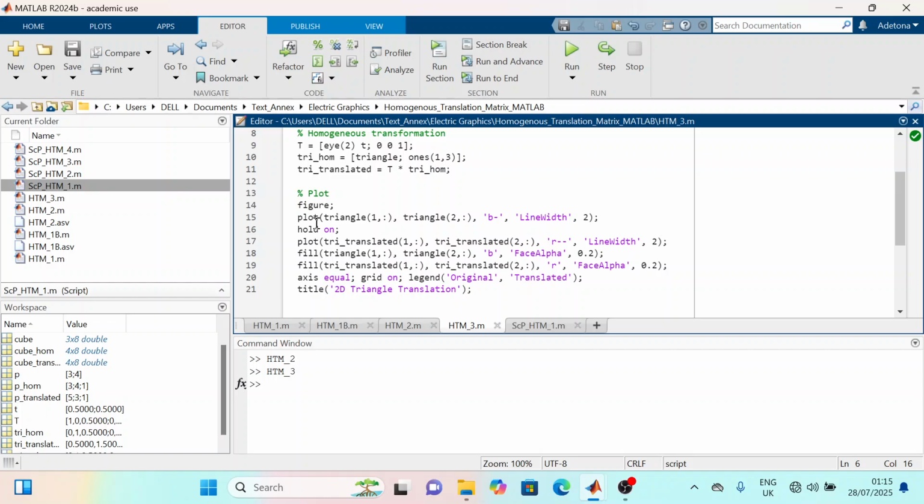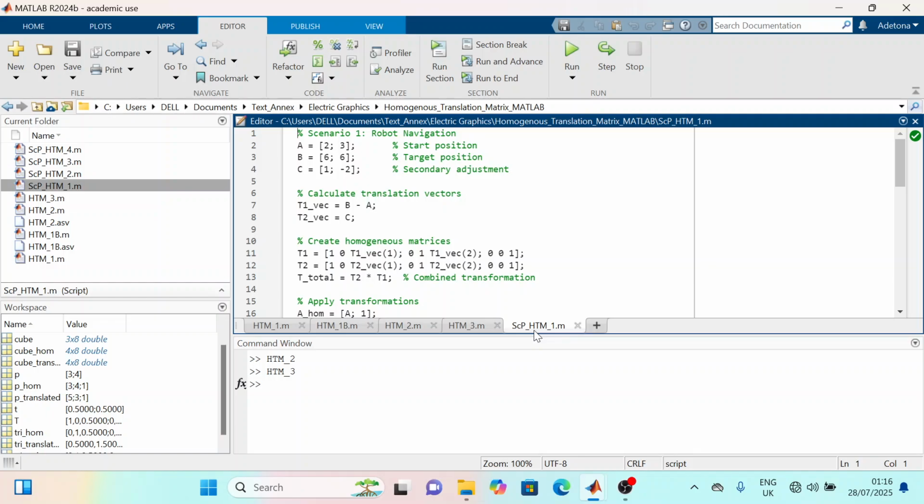Now, having done that, we can go to the scenario problem, which is this one. The scenario problem happens to be a robot. We represent the robot with a point, and that particular point is point A, and point A using coordinate geometry is 2, 3. The object is supposed to be a vector so as to be able to do the needful. Now we have 2, 3. That is the position of